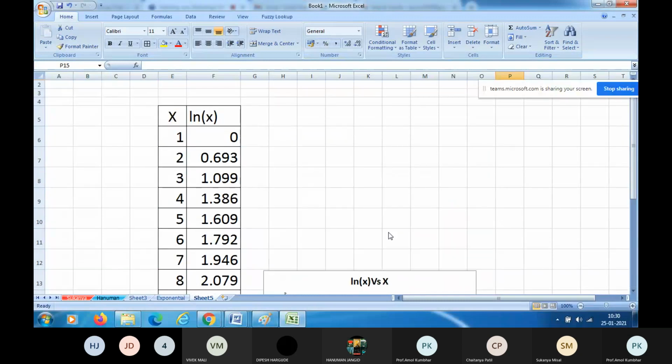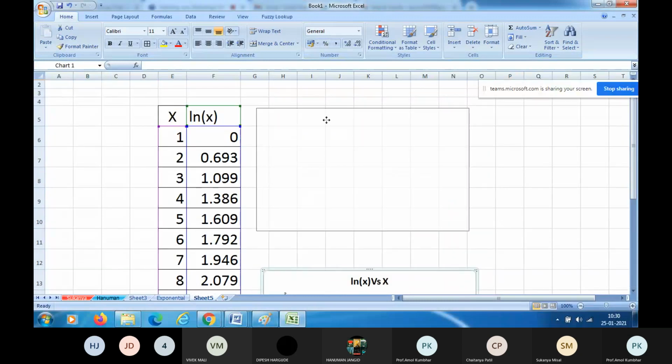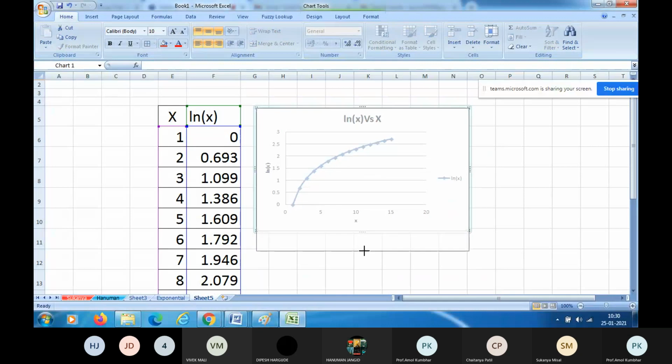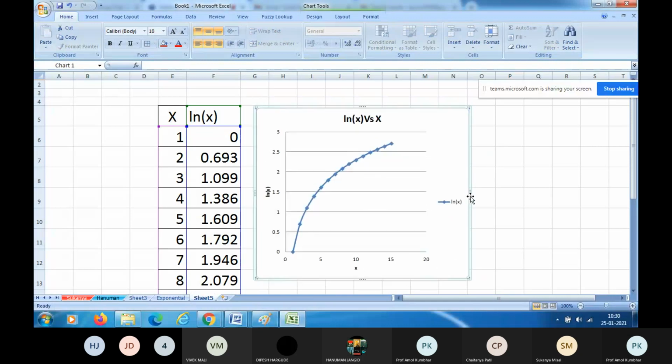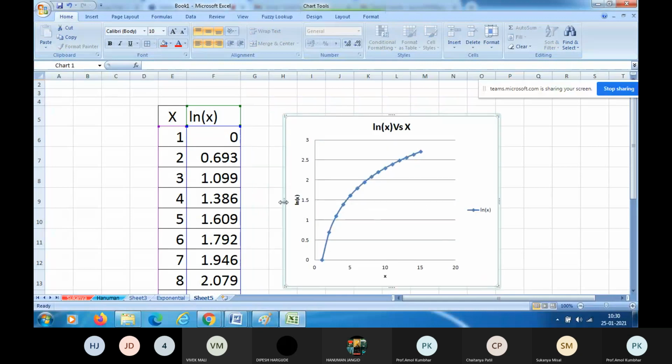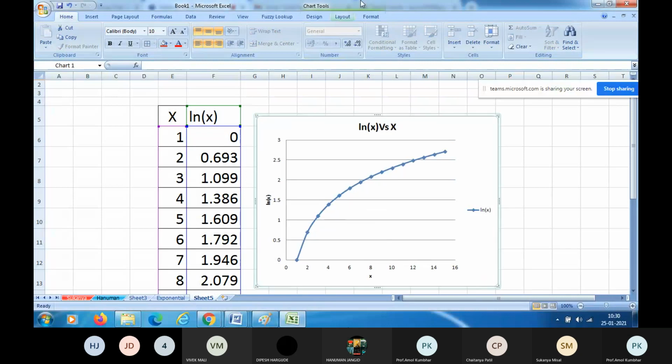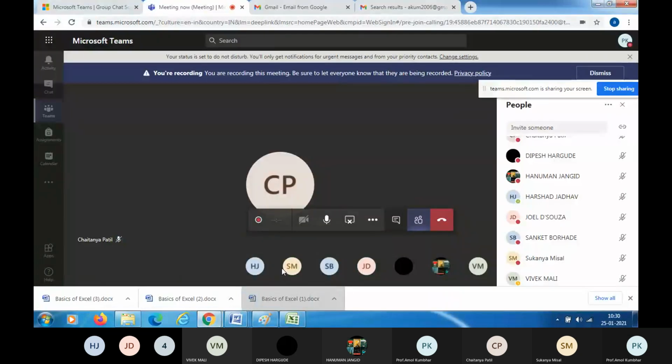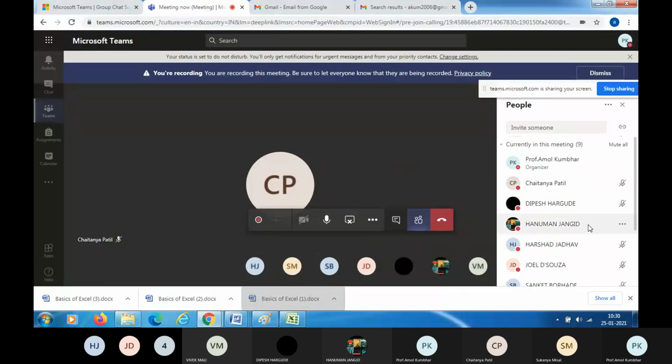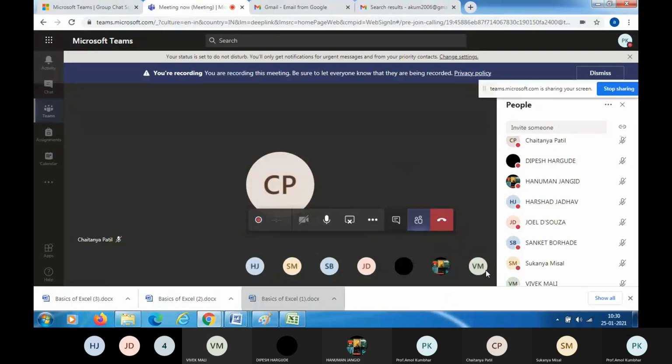Any doubt is there? Any doubt? Hello? Chaitanya, Dipesh, Hanuman, Harshad.